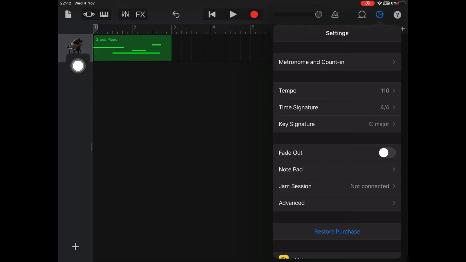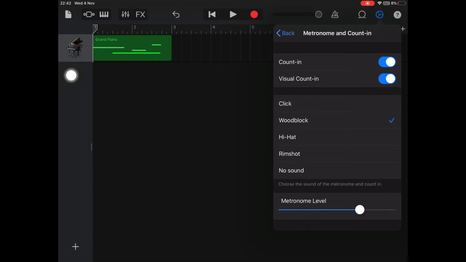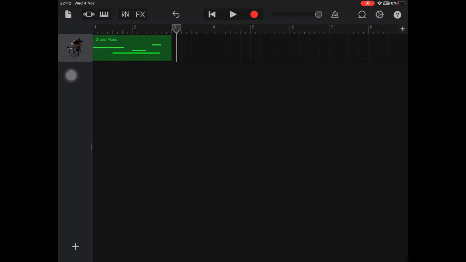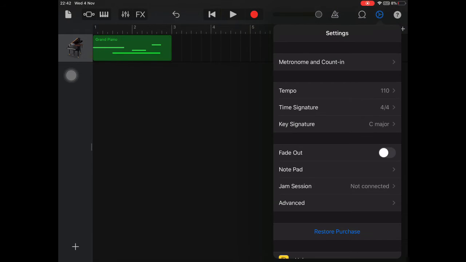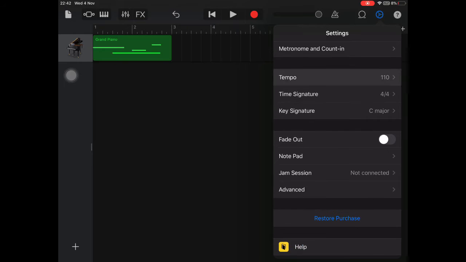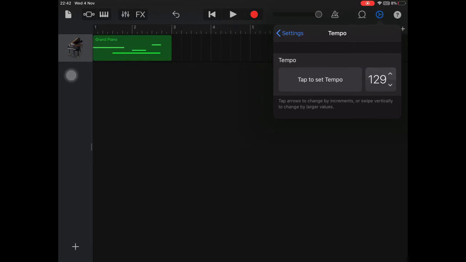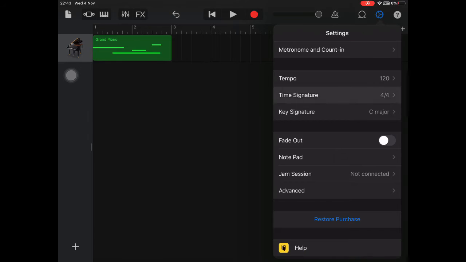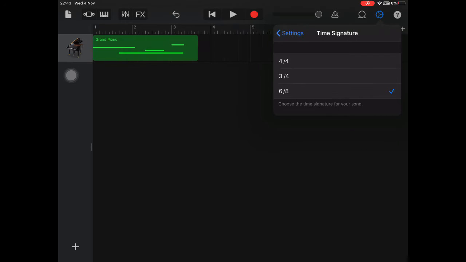Now we can go to the track settings to change the type of metronome. Say we change it to the hi-hat, so the sound of the metronome will be a hi-hat. Now we can also change the tempo of the song, can increase it or decrease it, can hold on to the increase or decrease buttons to rapidly increase or decrease, change the time signature of our song,